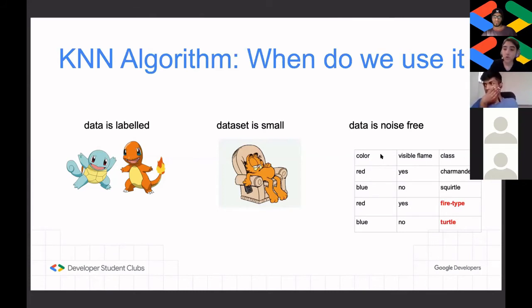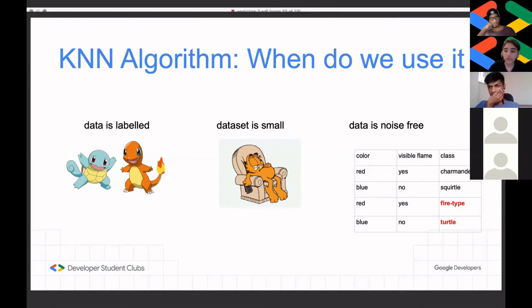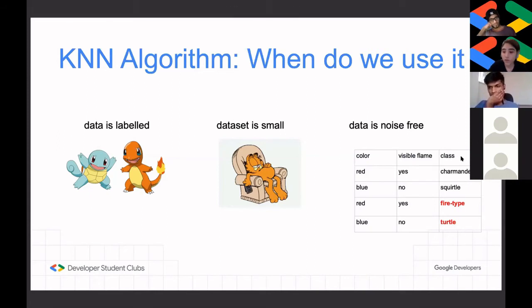So what noise in the data is, for example, in this case, we've got color, red or blue, which is fine. Visible flame, so we have a tail flame on the Charmander. That's straightforward as well. But then if we move on to class over here, there's Charmander, that's fine. And then a Squirtle, that's fine. And then we've got